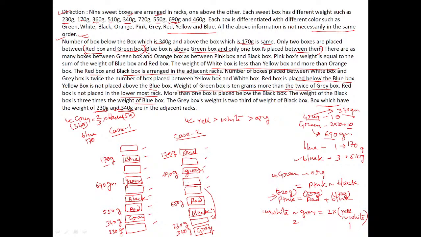If white is here, between white and yellow there should be 2 boxes. But is there any possibility? If, supposedly, I am writing outside the box here, this is white, 1, 2, 3, 4 boxes between white and gray. Is there any possibility to put white and yellow in a gap of 2 boxes? No, not possible, because there is only a single gap between yellow and white, only one. Then the condition is violated. On the lower side, if white is here, 1, 2, 3, yellow comes here. There are 3 gaps between yellow and white.